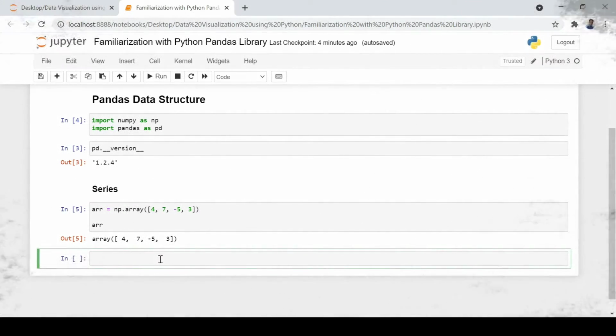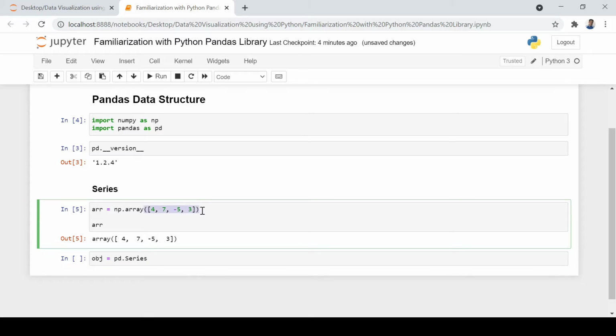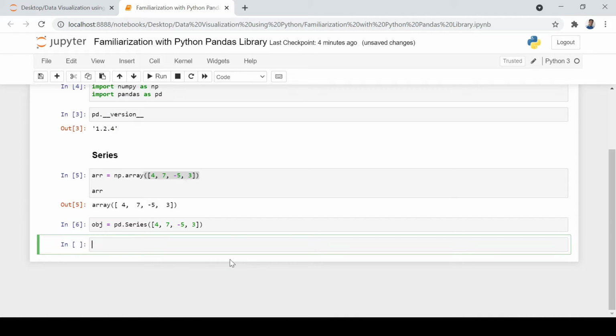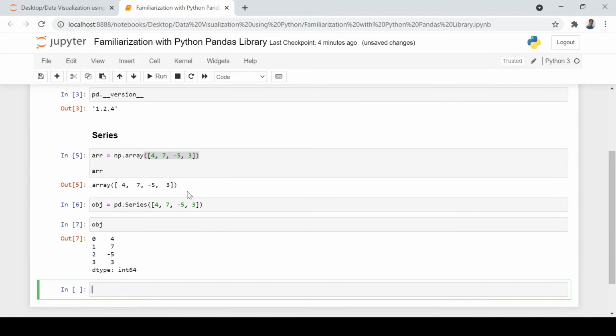Pandas and the Series command for that, then we will get it. So for example, let's say we have some object obj, and now here you remember I am calling pandas, the actual one which we are going to see. So as I said, talking about series, you just use Series and then use the same list here. Okay, now you run it. Now once you see this object, it is the same thing, right? Now you see that it has come up with the index as well.